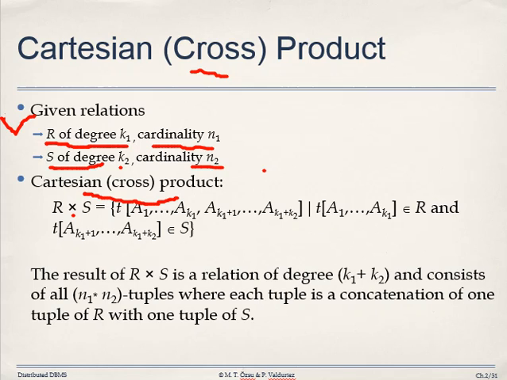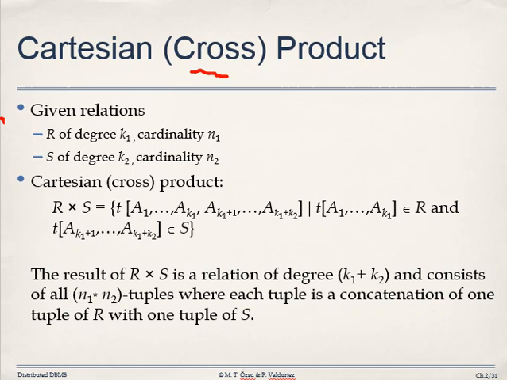So for relation R Cartesian product S, what will we get? Tuples t with these attributes, where one part belongs to R and the other part belongs to S. Whenever we perform a Cartesian product, remember one thing: all the tuples are going to be multiplied and all the attributes are going to be added.